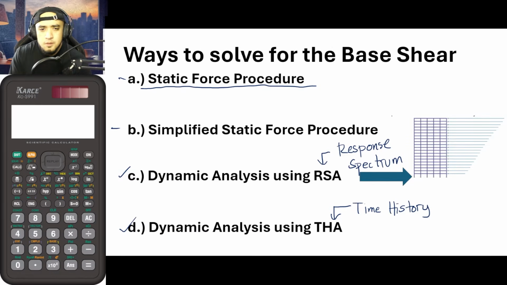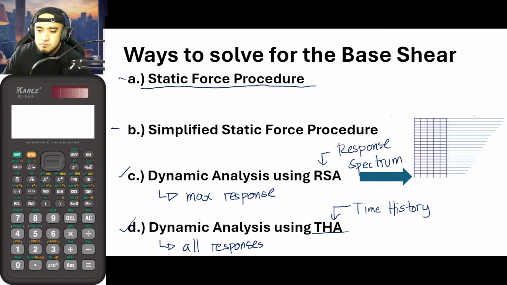Okay, so a little bit of background between these two. For response spectrum analysis, if you make use of this procedure, you would be solving for the maximum response. Okay? But for the dynamic analysis using time history analysis, instead of just solving for the maximum response, you are actually solving for all responses per time. So for example,